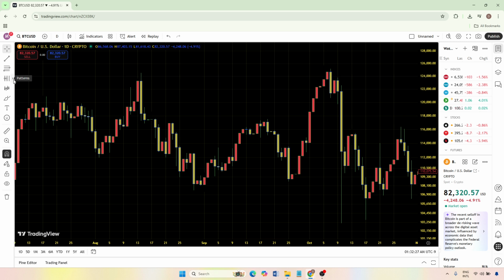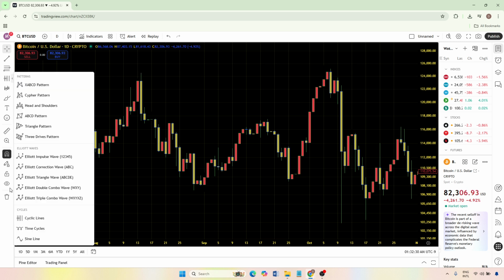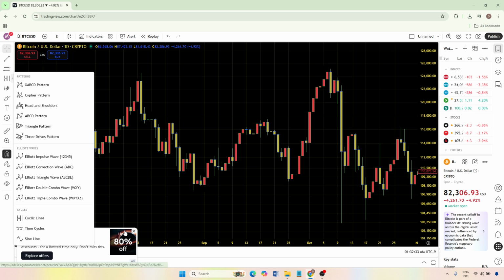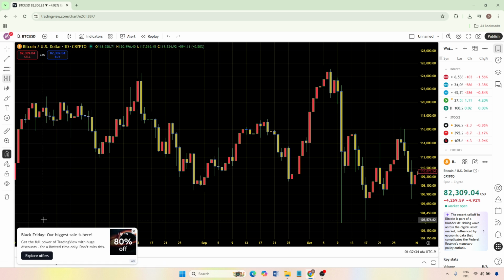In that upper left section, find the icon that opens the patterns menu. When you click on it, you'll see a list of different pattern tools that TradingView offers. From that list, look for the option called Cyclic Lines and click it. As soon as you select it, your cursor will change, letting you know that you're now ready to start drawing